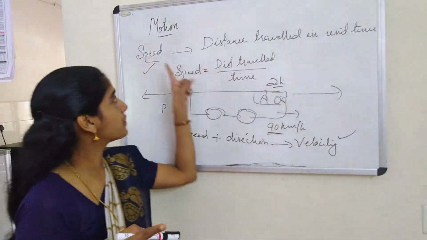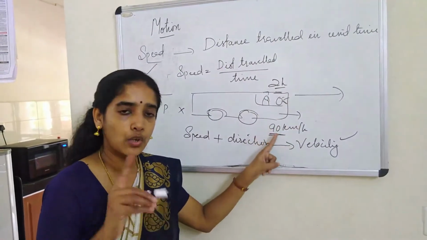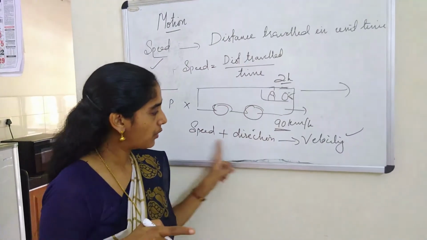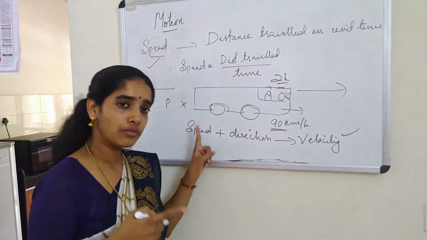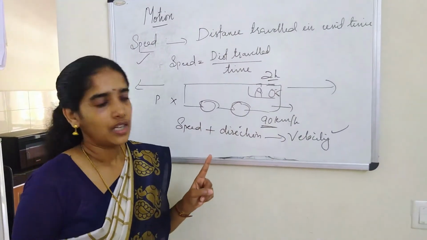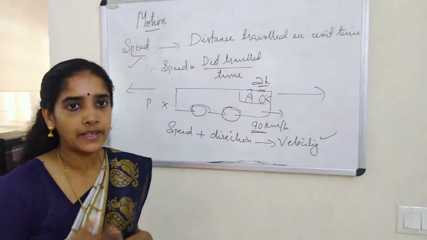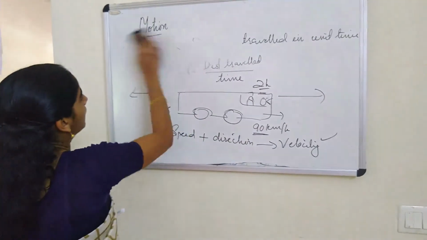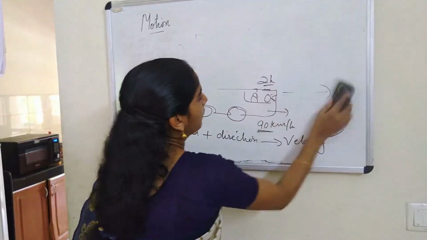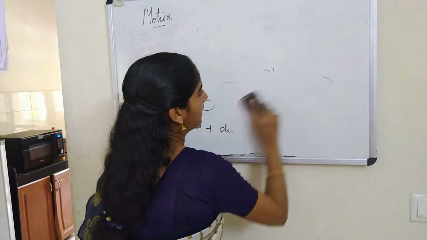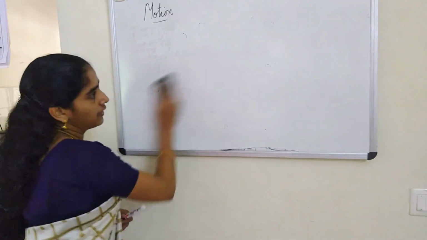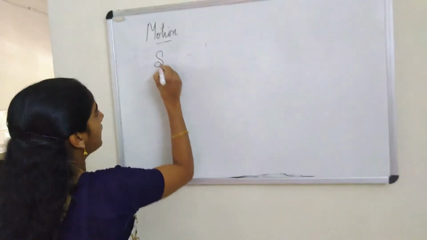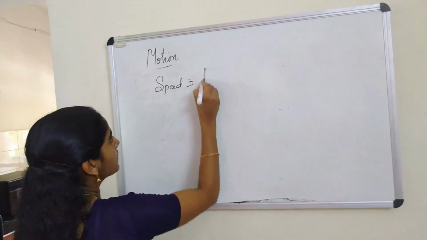Why is one scalar? Because this one has only magnitude. I told you 90 km per hour. I did not say anything about direction when I told you about speed. But when I talk about velocity, I see both magnitude and direction. Now, what is the meaning of giving direction to speed? Let us see it. Again, to reach the equation for velocity, let me start with the equation for speed. We know speed is equal to distance by time.